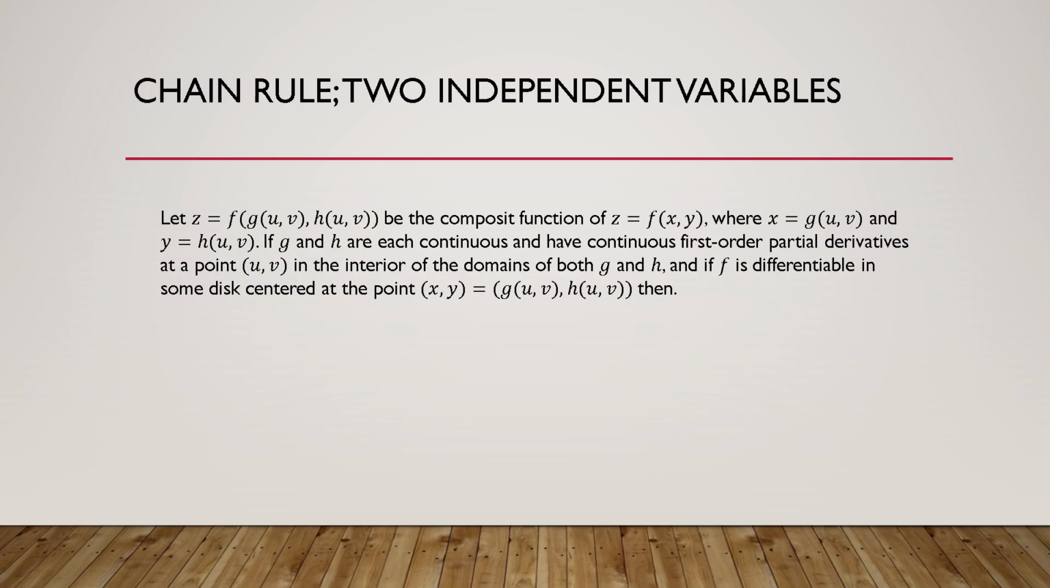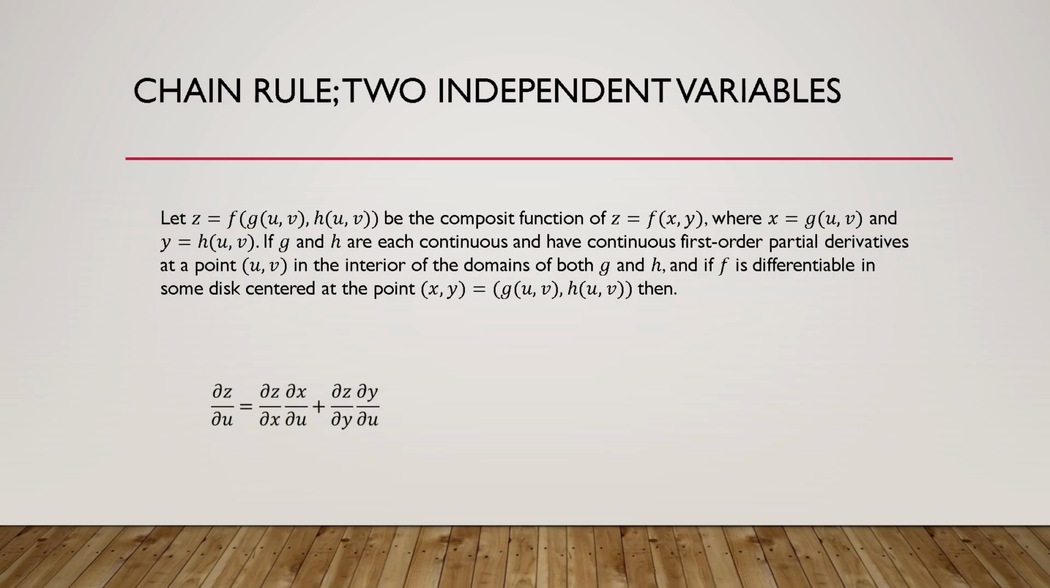Let z equal f of g of uv, h of uv be the composite function of z equals f of xy, where x equals g of uv and y equals h of uv. If g and h are each continuous and have continuous first-order partial derivatives at a point uv in the interior of the domains of both g and h, and if f is differentiable in some disks centered at the point xy equals g of uv, h of uv, then